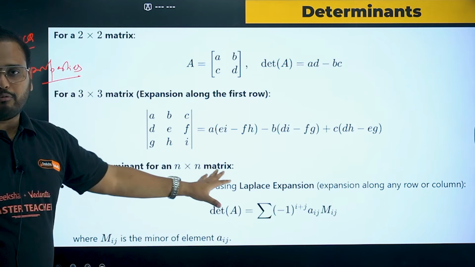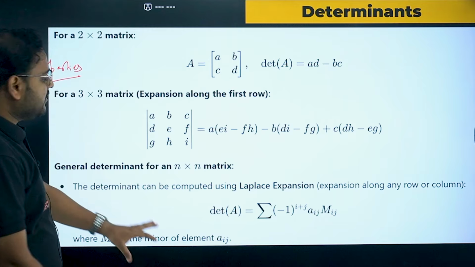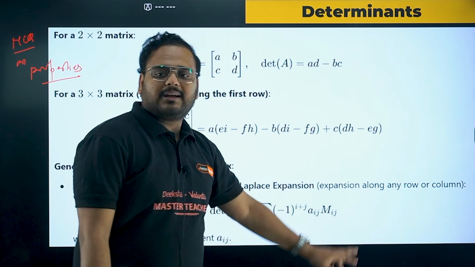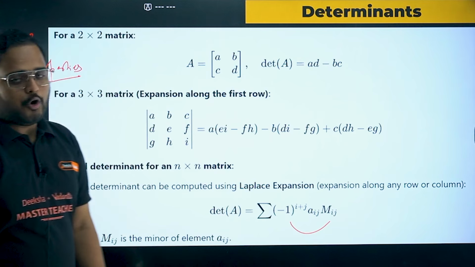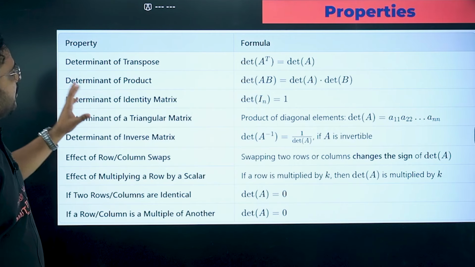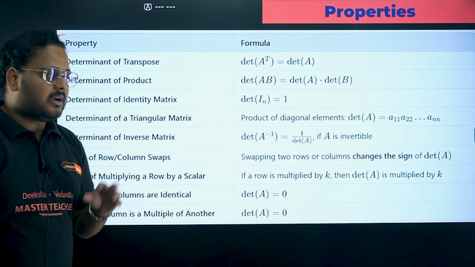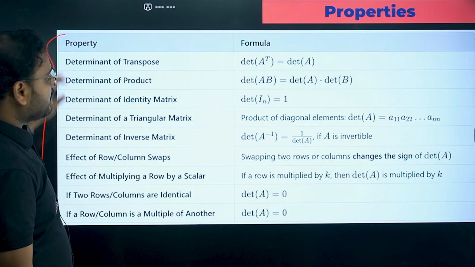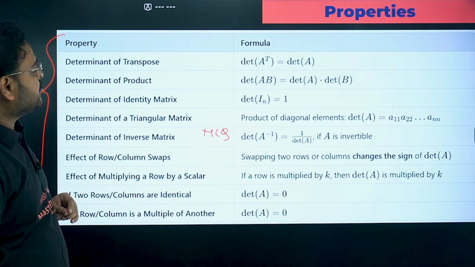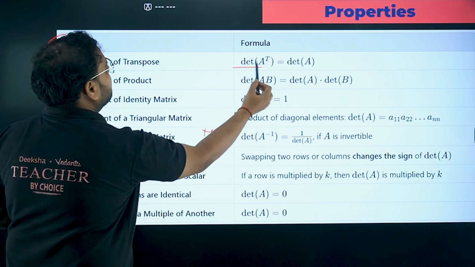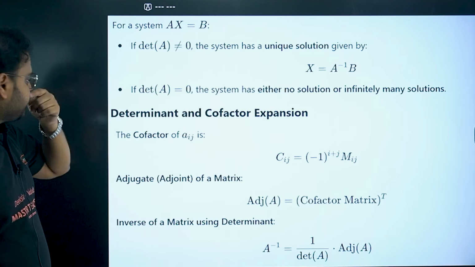Here we go. You all know how to find the 3 cross 3 order matrix determinant and 2 cross 2. Okay, this is with the help of Aij is the element, Mi is the minor, minus sign if it comes together, it becomes cofactor. You all know that. Just giving you a recollection of that. All the properties are extremely important in the case of determinant. Direct question can be asked. So go through that. Even this can be a MCQ. Okay, so please check. This is very important. Determinant of A transpose is same as determinant of A, and we have some more.